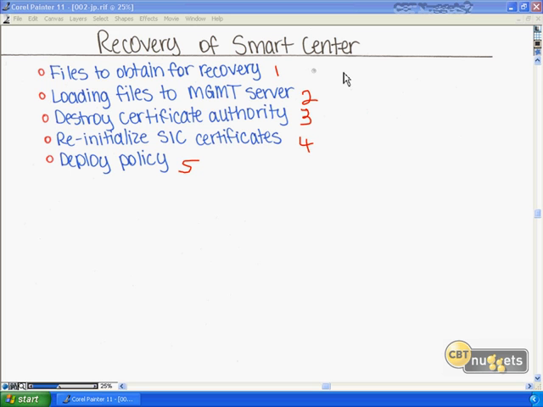So that's our first point of discussion, which I've marked with the number one. It's basically going to be files to obtain for recovery, and we'll talk about the actual files that we need to be able to recover the Smart Center server. Then the second thing we're going to talk about is loading those files into a new management server and recovering the objects and the network security policy that lived on your previous Smart Center